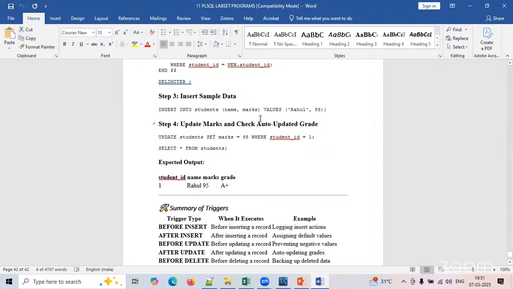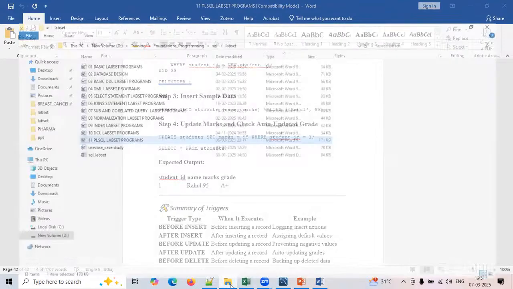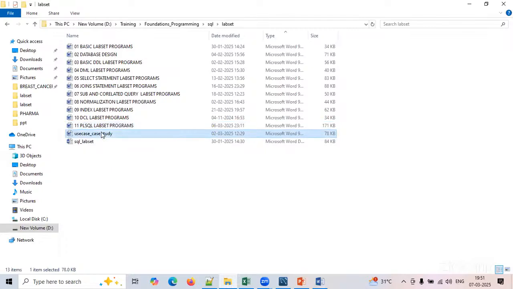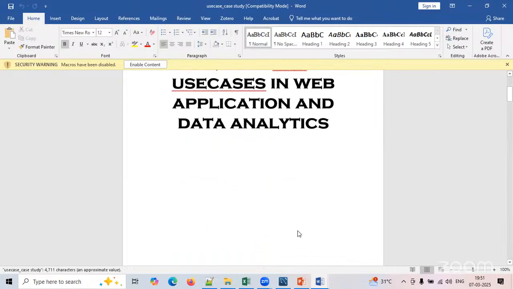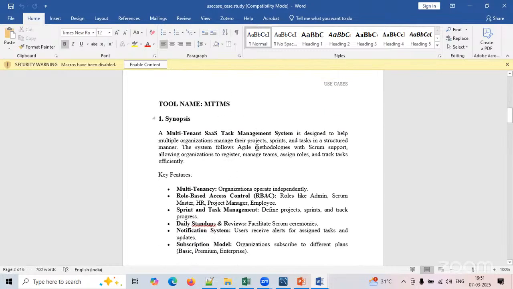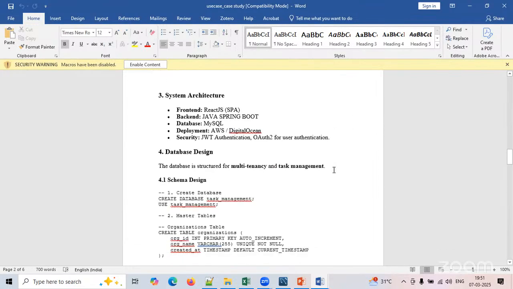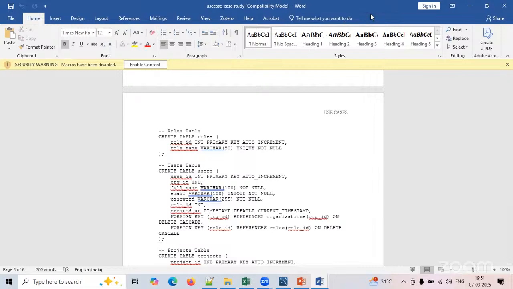So I think we covered the majority of the concepts. And I wanted to discuss certain use cases, like as a web developer. I think I need 30-40 minutes, maybe a use case study, where I wanted to discuss how applications and data analytics are normally used. So I will take some small application, and I wanted to discuss at the database level how we create a database structure, the tables and all those things, at a very high level. Probably in the next session I will be taking this,